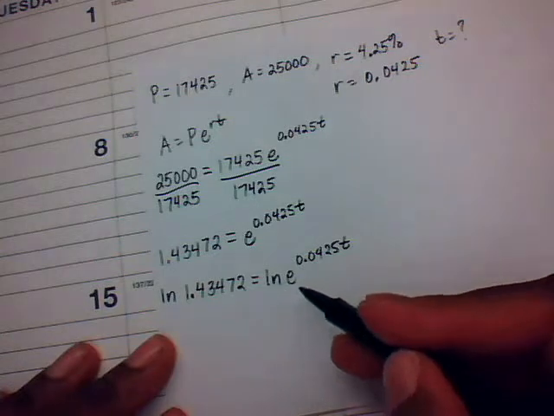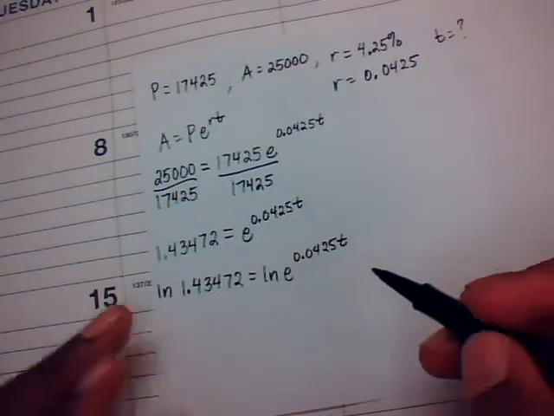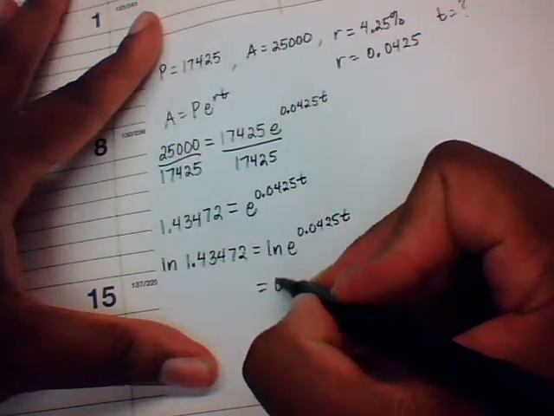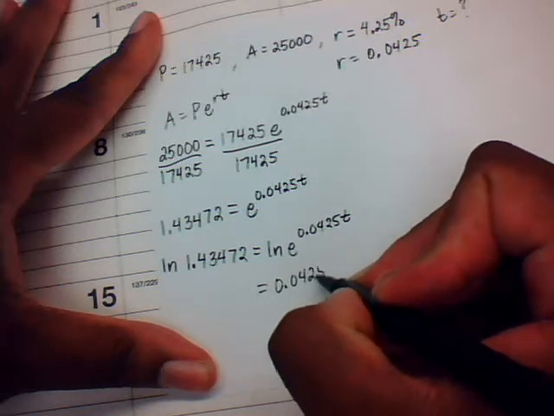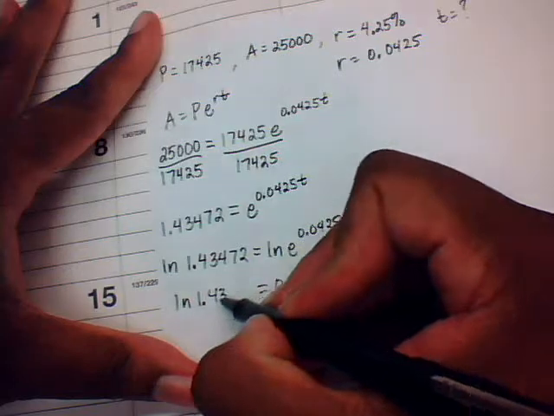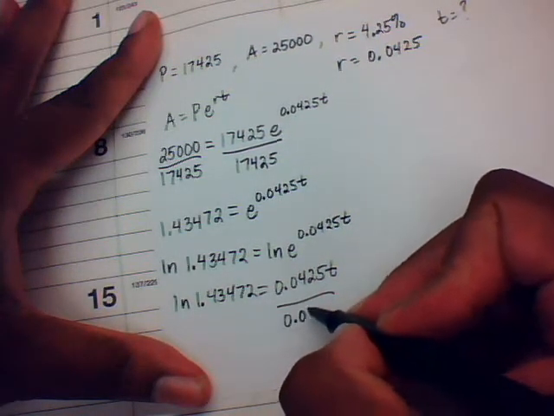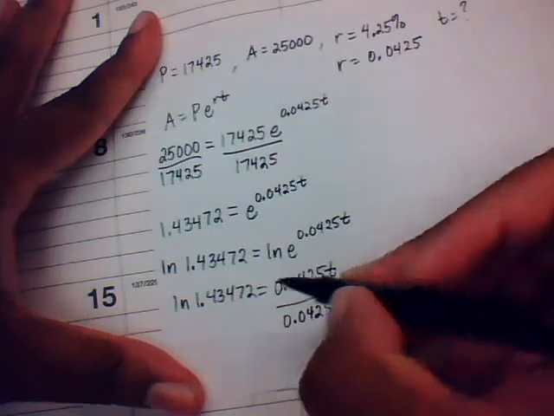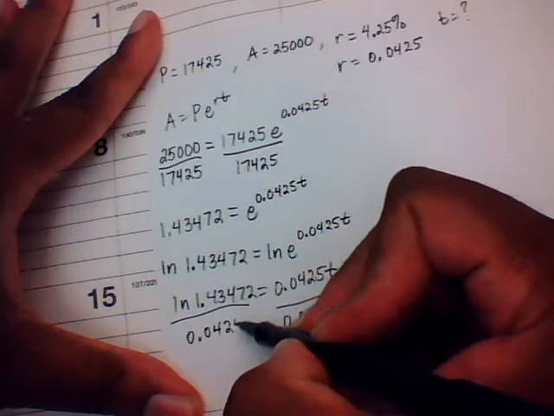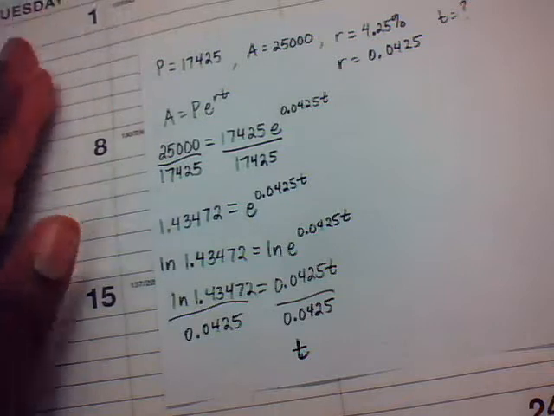And of course, ln of e to the exponent is that exponent, so ln of e to the 0.0425t would be 0.0425t, and that's equal to ln of 1.43472. And then to solve for t, you're going to divide by 0.0425. So that means t is equal to